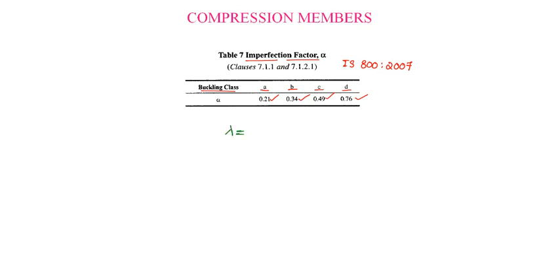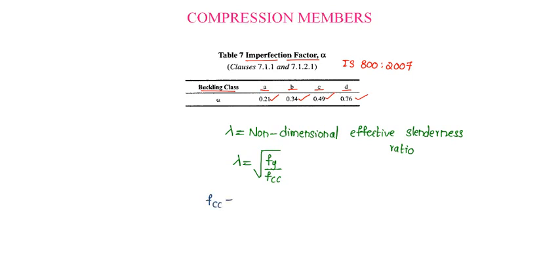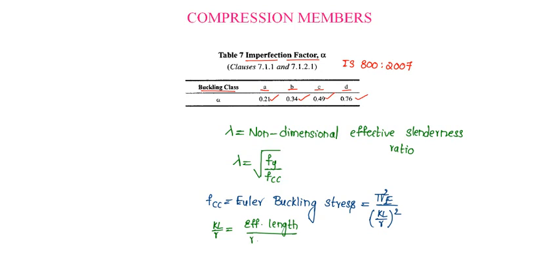And lambda is given as non-dimensional effective slenderness ratio, and it is given by the equation lambda is under root of fy by fcc, where fcc is Euler buckling stress, which is given as pi square E by KL by r whole square, where KL by r is effective slenderness ratio, that is effective length by r, r is radius of gyration,